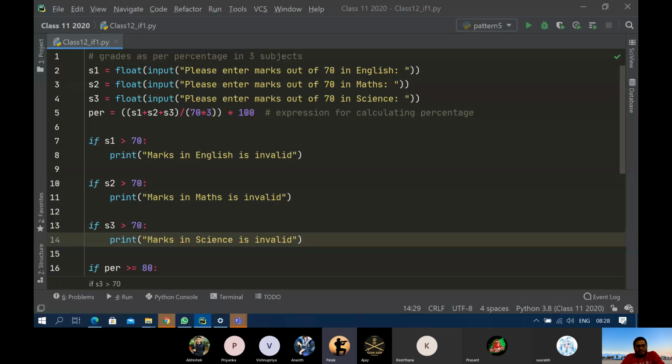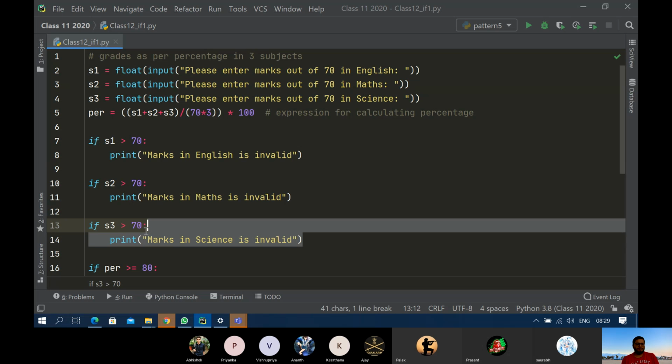सर हाँ जब हमने वेरिएबल में लिख ही रखा है कि मार्क्स आउट ऑफ 70 है तो कोई पागल होगा ना 70 से ऊपर देगा तो that is fine, but we cannot take the guarantee. Okay, let's say a person has gone insane, lost the mind, but still दे दिया ना. It shouldn't work. Good program should handle all the cases. ठीक है? So first of all, what we will do